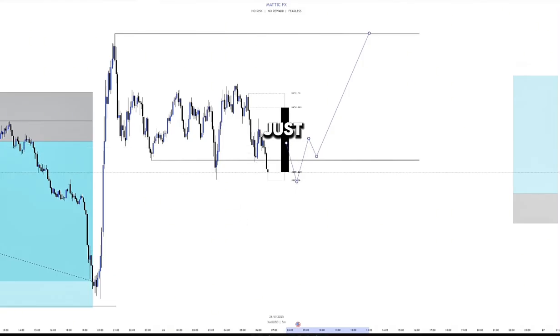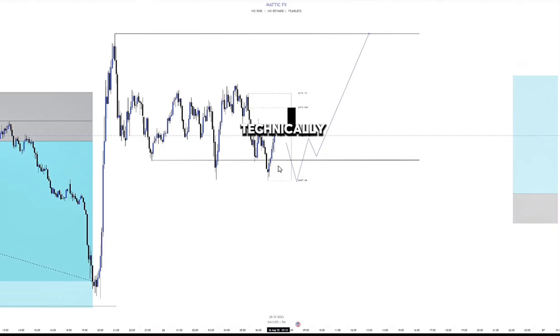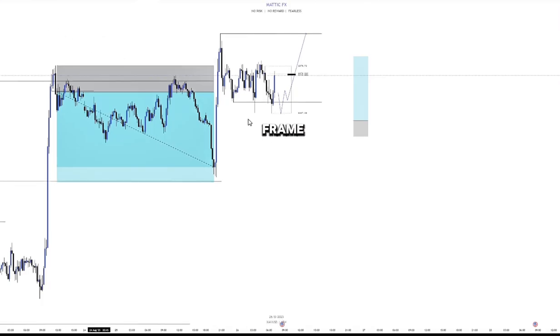Okay, we're going to speed it up just a bit. It's currently 6:30. Let's pause it right there. It's currently 7 a.m. That's technically New York session my time, Jamaican time. So on the 50-minute time frame,